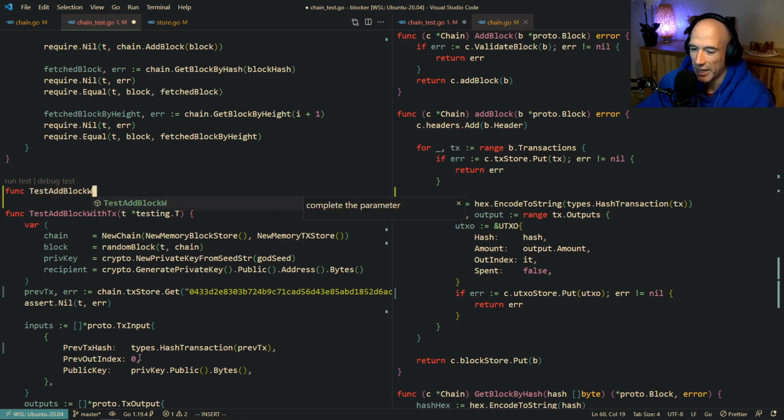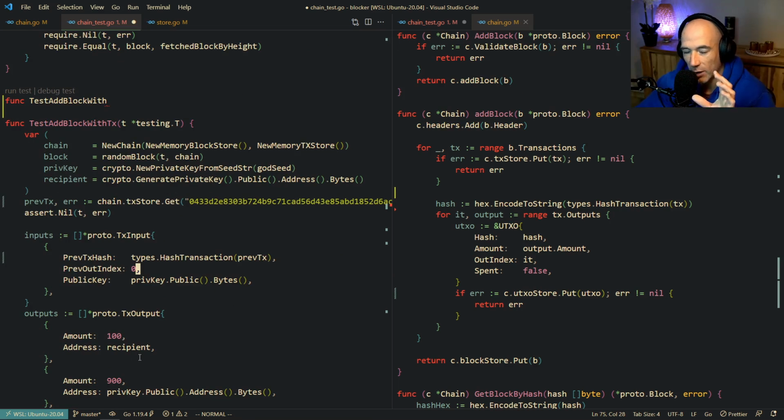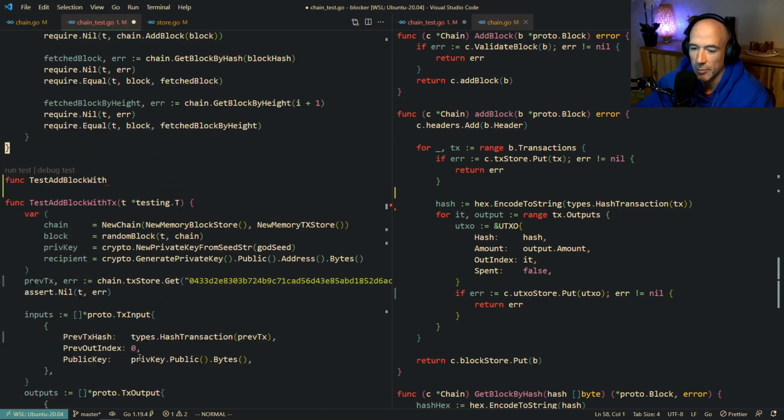We're actually doing a big test, right? So I mean by that is that we're not unit testing this. We're actually already testing adding a block with a transaction. So test add block with tx